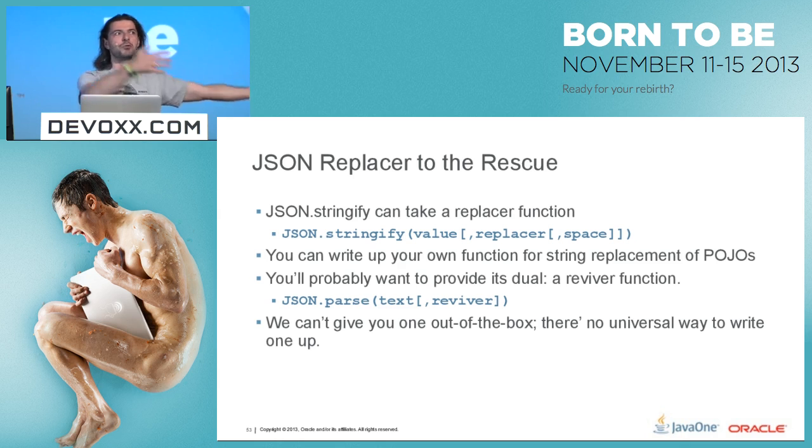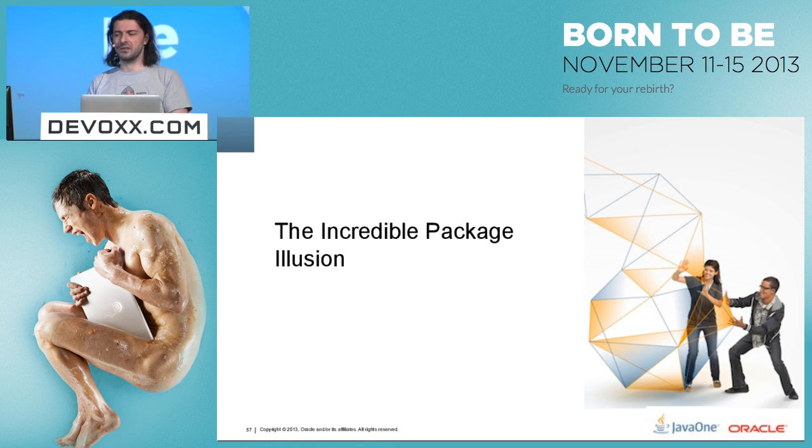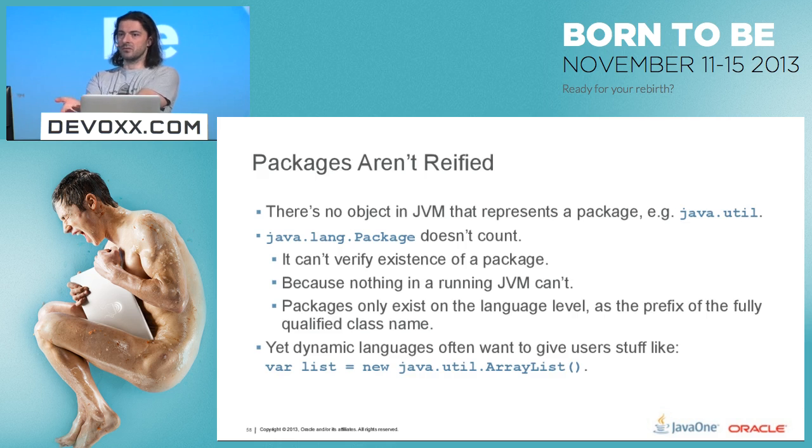If you want to render POJOs to JSON, you will have to write your own replacers and revivers. Maybe somebody will come up with something that is good enough and works in most cases, but we, as the people who are shipping the engine, will not be endorsing any of those half solutions. So there you go. But I wanted to include this in the talk because sooner or later,